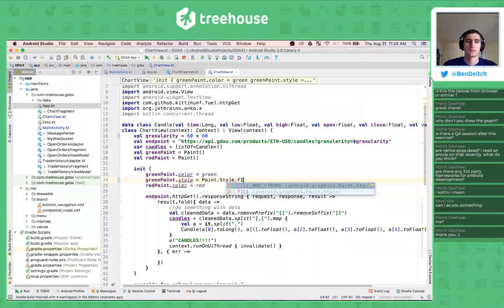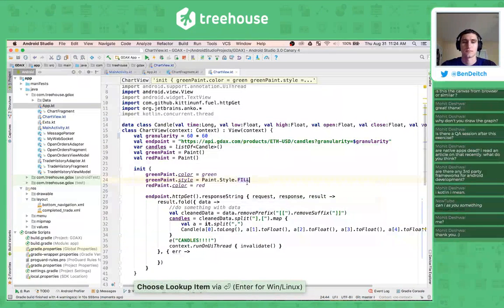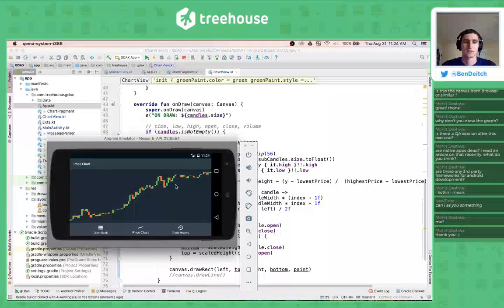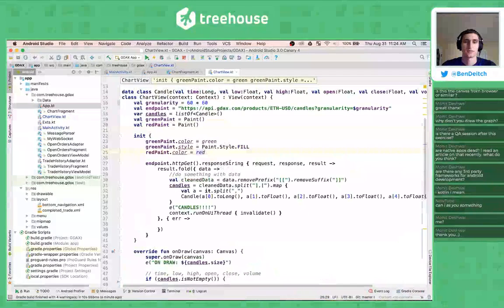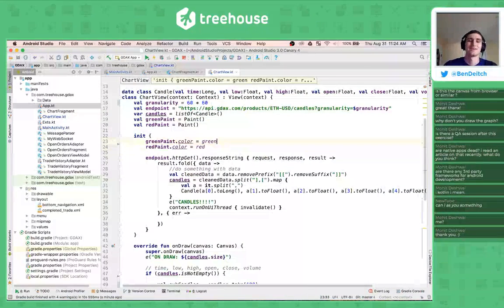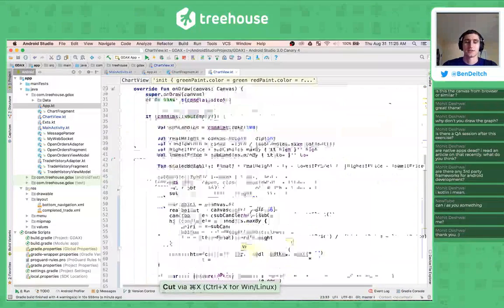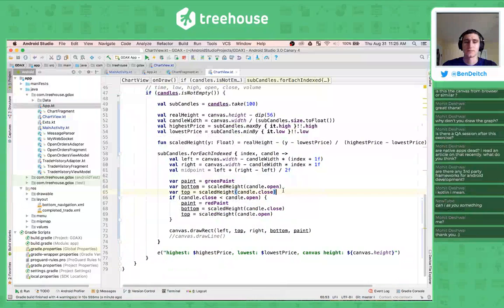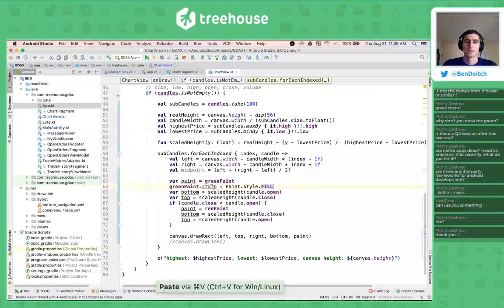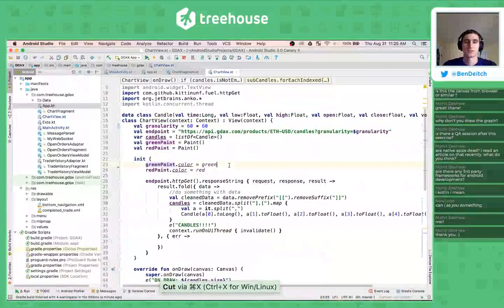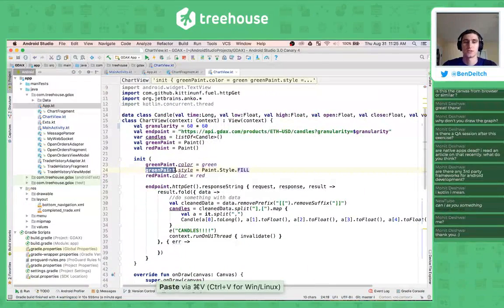Paint.style.fill, which isn't the red paint style, so I guess you didn't need to set that. It defaults to fill. Which actually, let me grab that line instead because we're going to need it down here. Let's do, if we're green, we want, oh no, we can set those. So green we would need to set to just, and we can set that permanently because we only use the,